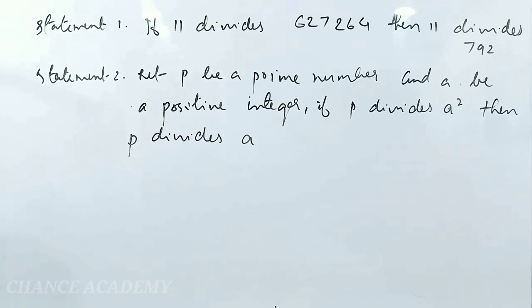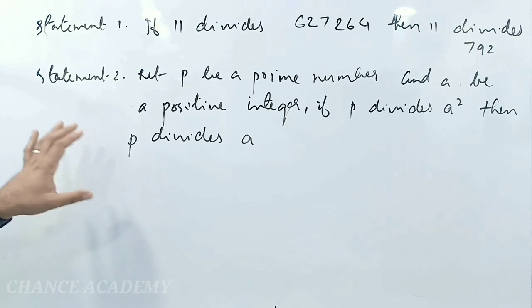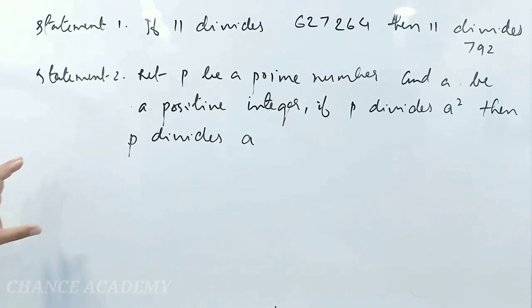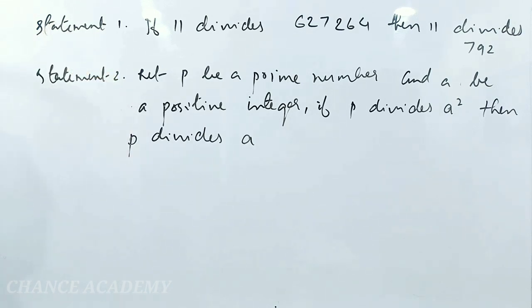Theorem 1.3, page number 12. This is very useful for solving questions related to irrationality, proofs of irrationality. That too can be expected for a 2-mark question based on real numbers. So for this question, this is actually the theorem: 11 is a prime number and 11 divides